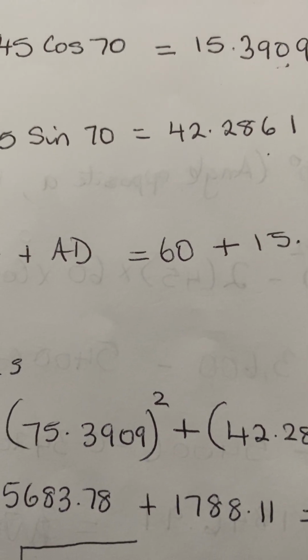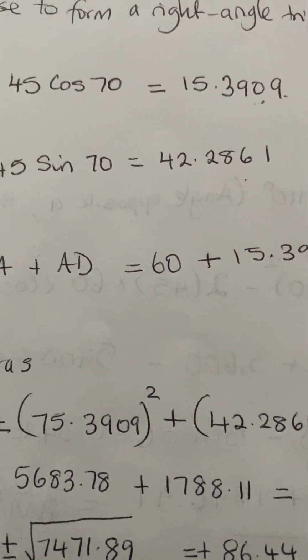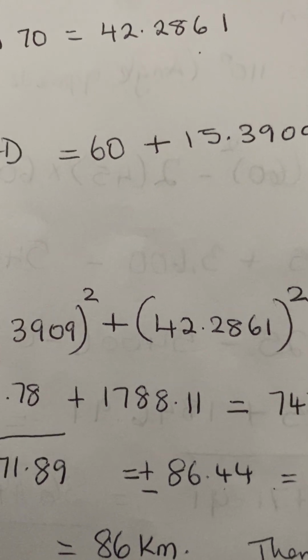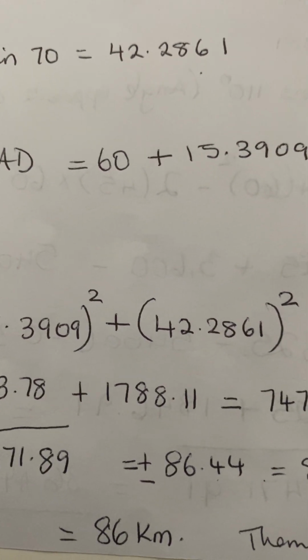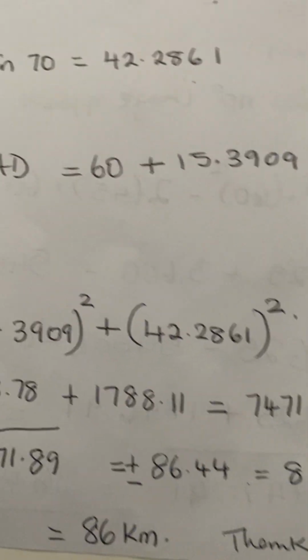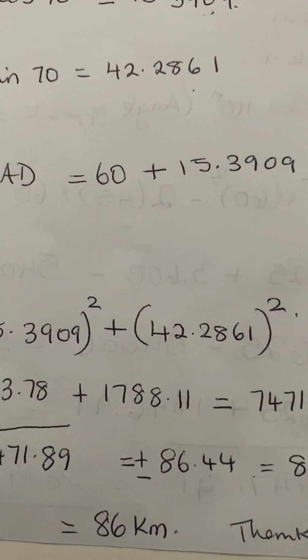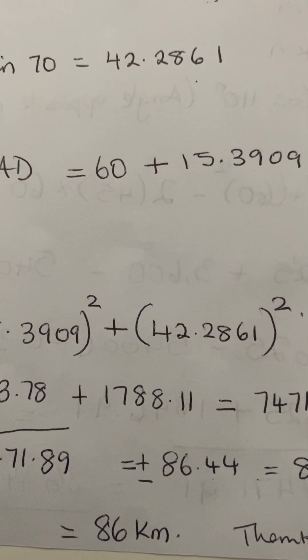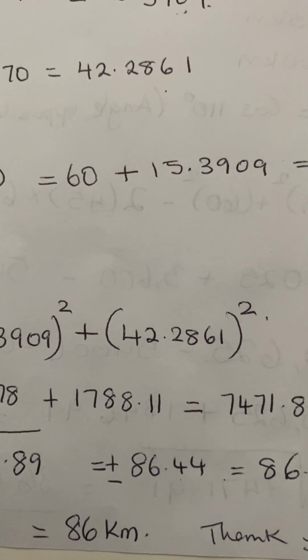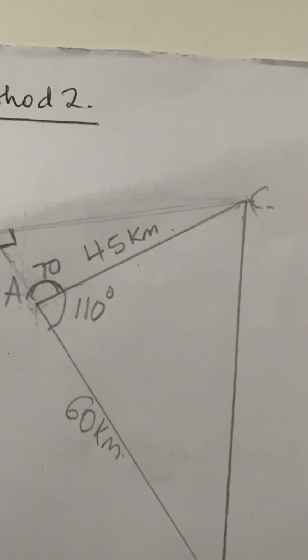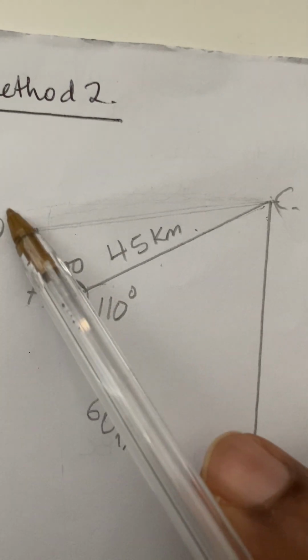Some of these questions, I like to show you the possible ways you can do it, because it doesn't mean that it's just one rule. That is the flexibility of maths. You can have a question and you can apply different things to solve it. So the wider you know and the more topics you've done, the more flexible you are, because the cosine rule is shorter. But assuming you don't know the cosine rule and you don't have it at the top of your head, then you can use this method: extend this side into a right angle triangle, find this length here,